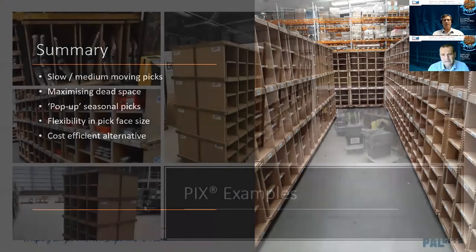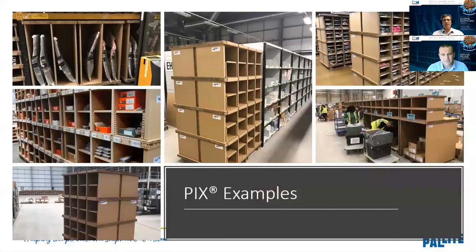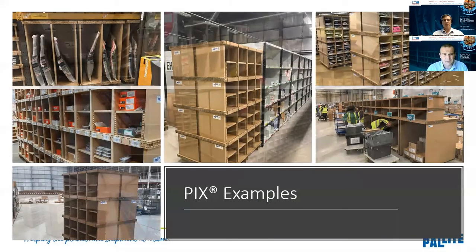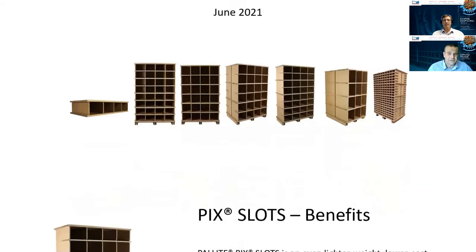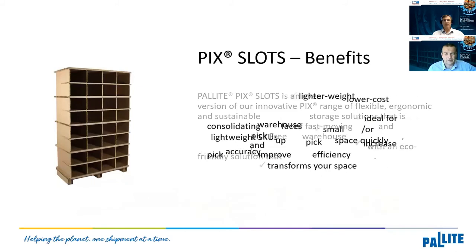So, okay, we've now got some examples of PIX. We can just fly through these, because I think we've seen enough pictures of PIX over the years. Now we've got a new product which has just been launched called PIX Slots, and it's literally just June. And if we go to the next slide, if you just leave that, Chris,